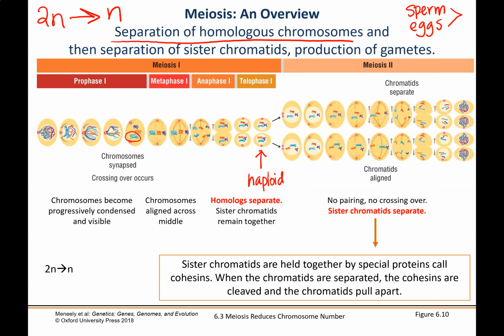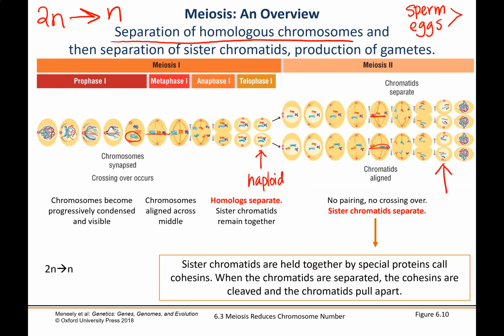We'll talk about why that occurs. And then we're going to continue that process that we saw in mitosis, where our chromosomes line up at the metaphase plate and then are pulled apart in anaphase and eventually are separated into two cells. Again, we separate our homologous chromosomes in meiosis 1, and then we repeat the process again. Our chromosomes line up along the metaphase plate again, except that now we are doing this in two cells. So at this point, when we separate chromosomes there, just like in mitosis, we are separating sister chromatids,